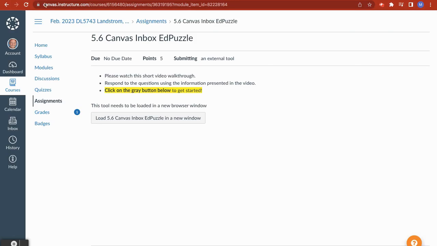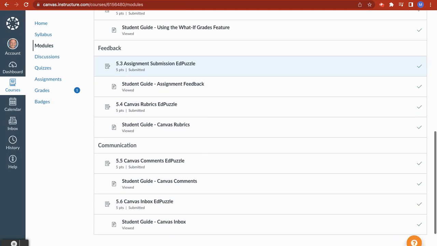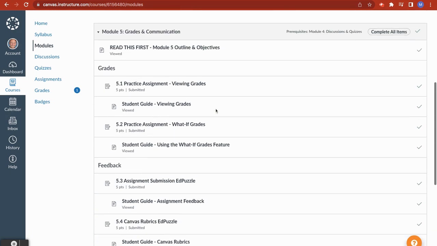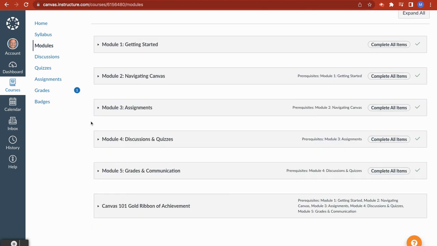If we go back to our Canvas page, though, when we go back to Module 5 here, we now notice that because I submitted the Edpuzzle successfully, that is now checked off my list. So now the Module 5 complete all items is also checked because I have officially completed all items in Module 5. So if I go to the badges column now,